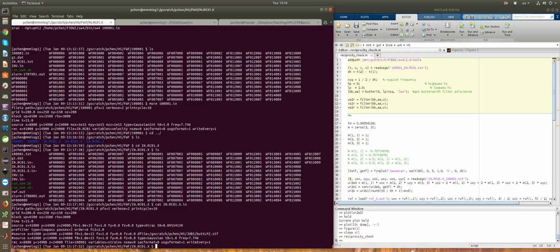The source is going to be a point force, so the source is going to be located at the receiver location. So the coordinates are going to be identical to the receiver coordinates for those source directories. For example, if you look into 100001, the receiver coordinate is x 41,000, y 1490, z 24,000. So the source location is the same as the receiver location,